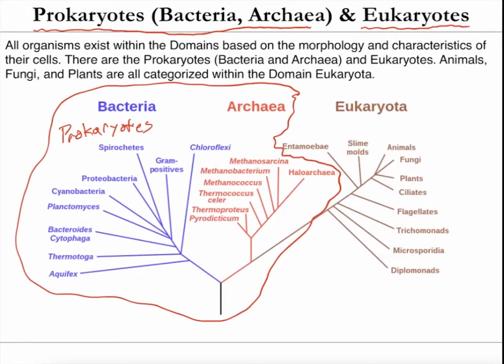And so for bacteria, you have a huge diversity in the types of different bacteria that exist. So you have things like spirochetes and gram-positive and chloroflexi and proteobacteria and cyanobacteria, all very different from each other, but all prokaryotes and all single-celled bacteria. You also have the archaea, which are also prokaryotes. They're also always single-celled, but they actually are not related.